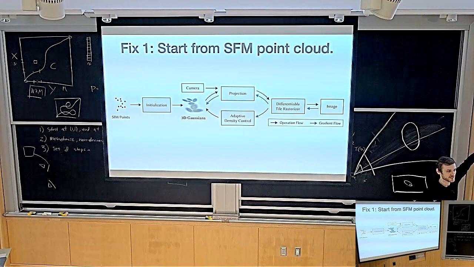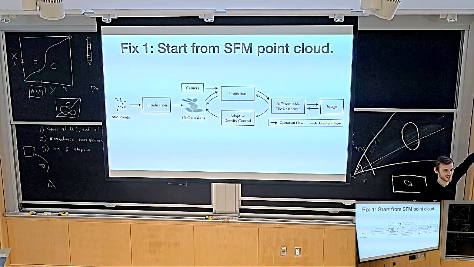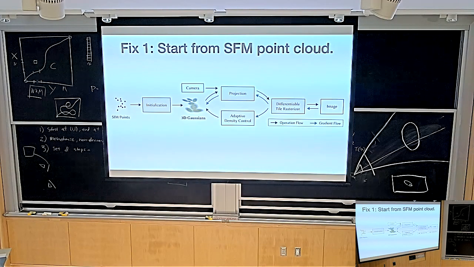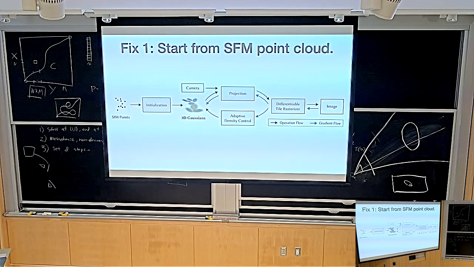What does SFM mean? Structure from motion. So like the old COLMAP hits again. So you take all your images, and someone asked a question when we talked about differentiable rendering. So what you literally do is you take the images, you reconstruct them with COLMAP, and COLMAP gives you these sparse depth maps.